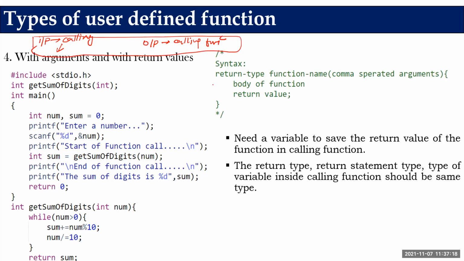So now the return type should be there and the list of comma separated arguments. If there is only one argument, then only one parameter. If there are more arguments, they should be comma separated. Now see, we have given the input as an argument and this function will return me a value. So definitely I need the same type which is going to be returned by the function. See, they have matched. Same type in the declaration, they have also matched. Sum. What is the type of sum?